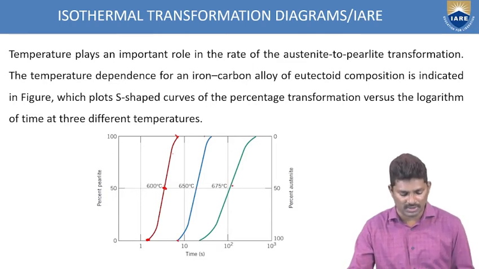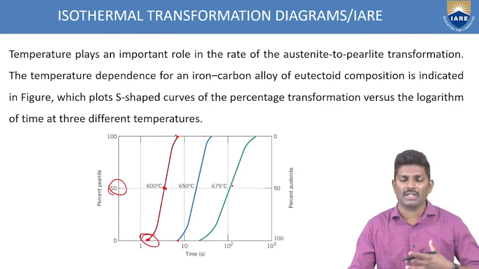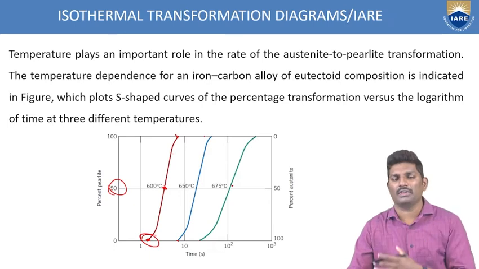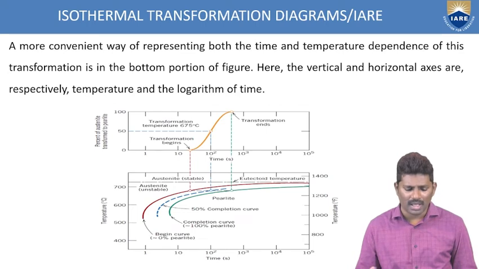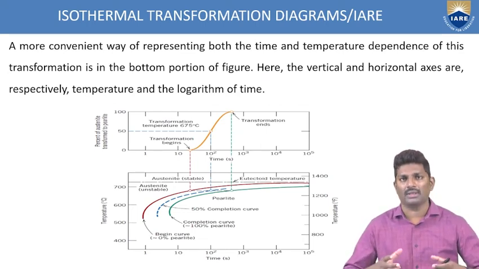0, 50, and end point. So this refers to the percentage, and this refers to the time. So like that, with respect to time and temperature, how it is being transformed on the phase diagram can be applied with this. And for a more convenient representation, both the plots have to be drawn,